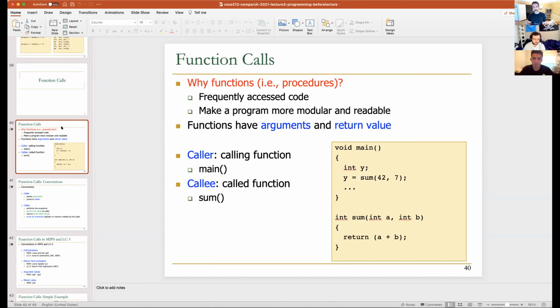Okay, you don't want to put everything into one large code. Functions help you to break it down to some modular logic where you can independently change